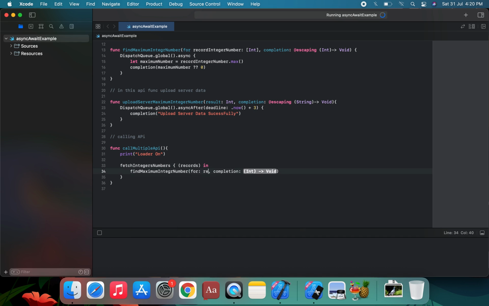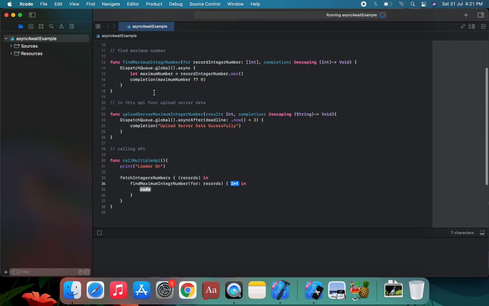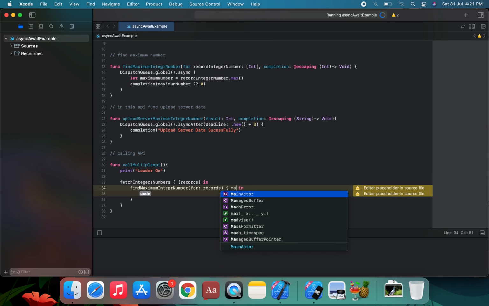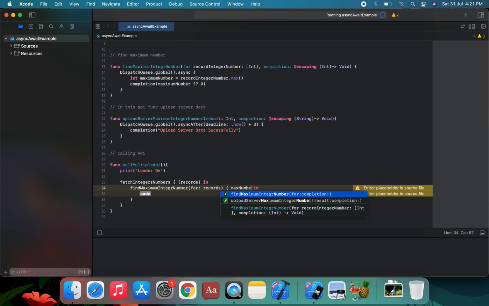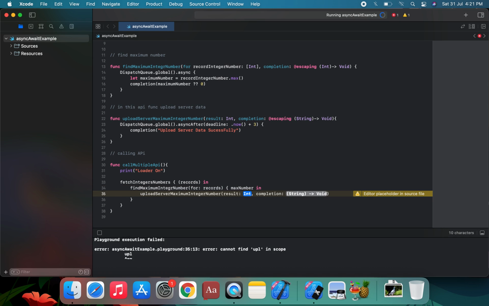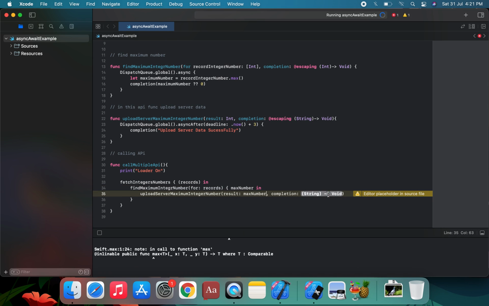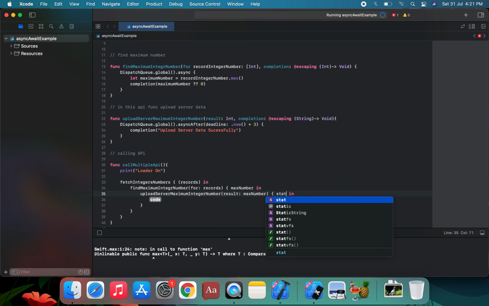Okay, and in this function, maximum integer number function, we can apply on this maximum integer number function is the maximum number, which has a max number, and we can call the upload to the server maximum number. This is the max number, and we can upload on status server.